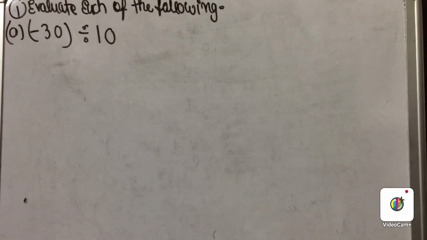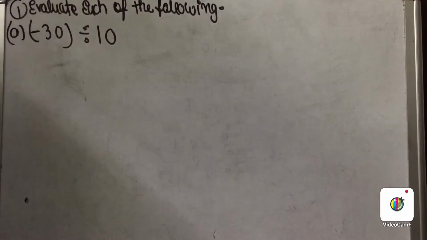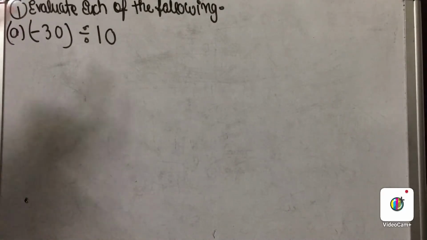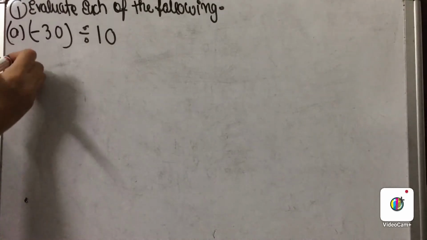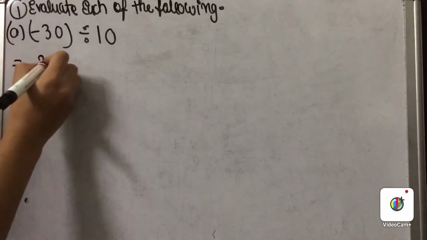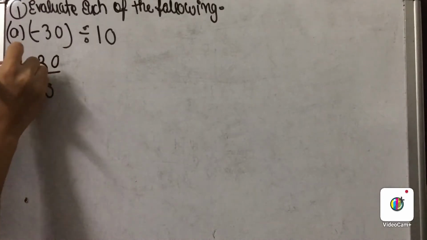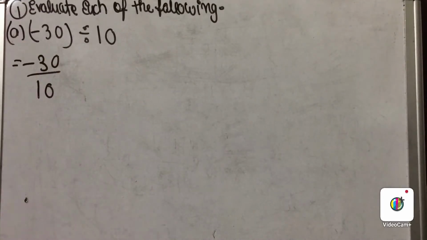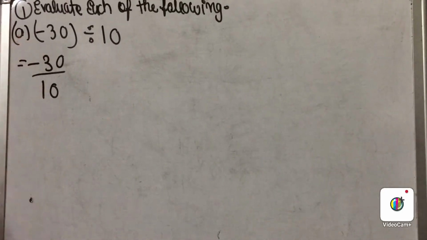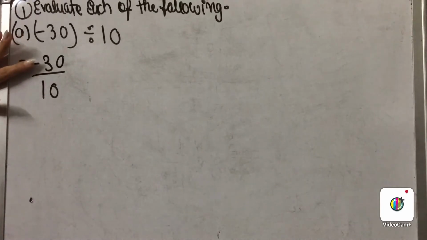So to solve this question, you have to do nothing. You have to simply divide 30 by 10. But one thing you have to keep in mind is what sign will come in front of the integers. If you want to find out what sign will come in front of the integer, firstly we will solve the question, then we will discuss it. Now let us keep here minus 30 and 10. So for 1 minute we forget this minus sign. Just forget this minus sign and keep in mind the division.